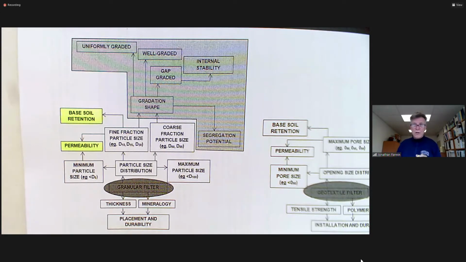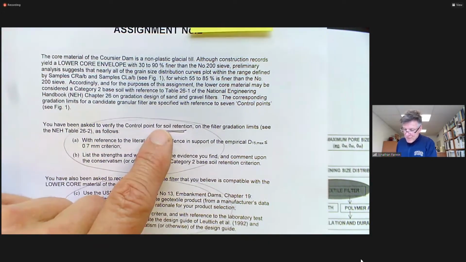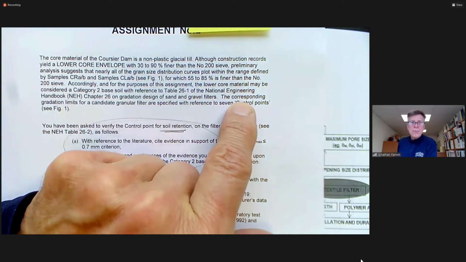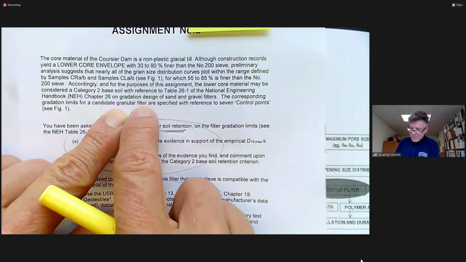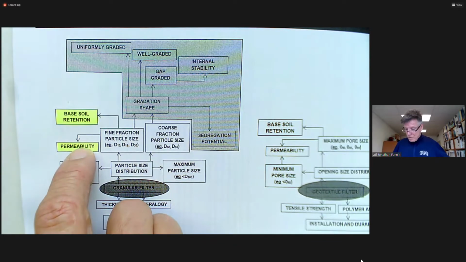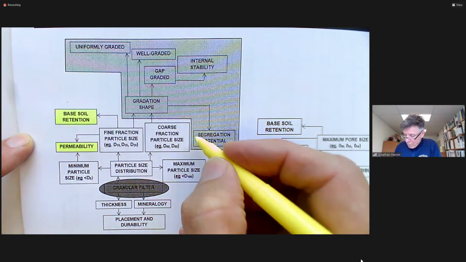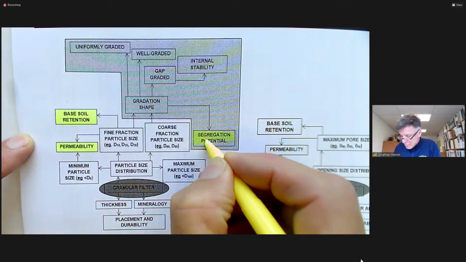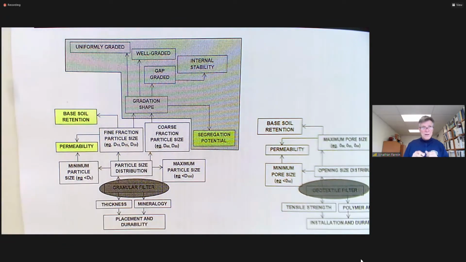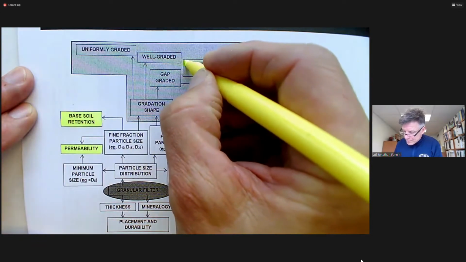And that's very true. It exerts an influence and is captured, for example, in two of the control points. There are 7 control points. I think I captured that here. Yes, the corresponding gradation limits for a candidate granular filter are specified with reference to 7 control points. And permeability is one of those, and base soil retention is another one. And then beyond that, in the world of granular filters, we have concern for the potential that it segregates, especially during placement, but perhaps during transport as well as placement. Our granular filter is not a nice uniform mix of materials, but the large particles separate out, and the smaller ones likewise. This world of internal stability